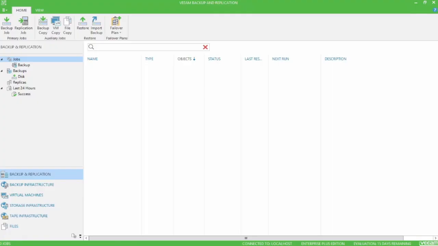Now that we've added Island as a service provider, we are ready to begin replication. So for this video, we will walk through creating a replica job to Island's Veeam Cloud environment. In the Veeam console, under the Backup and Replication window, click on the Replication job button at the top of